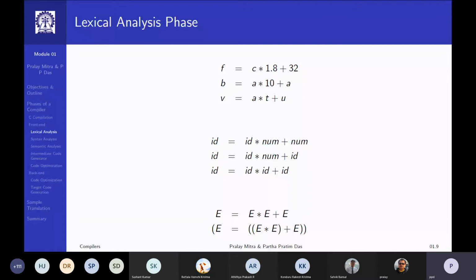So I can generalize and think of ID and num both as expressions. What is an expression? You learned in C: an expression is something which has a value. So if I write it in terms of expression, all of them convert into the same structure: expression assigned, expression times expression plus expression.